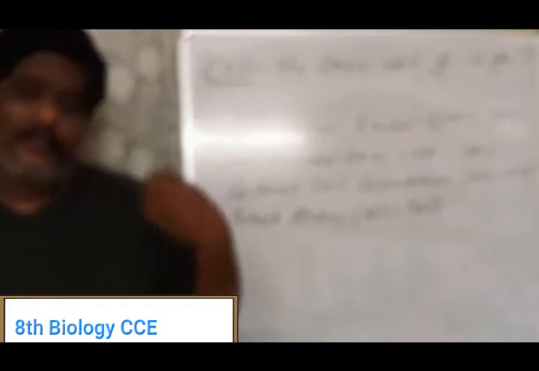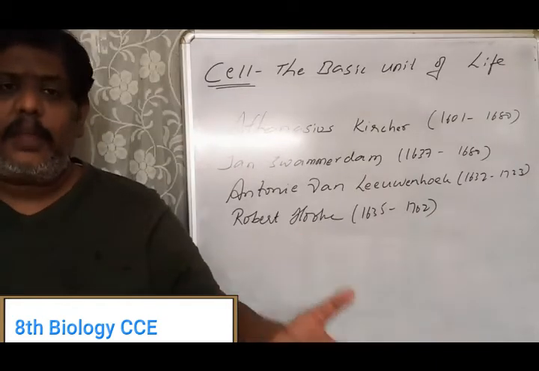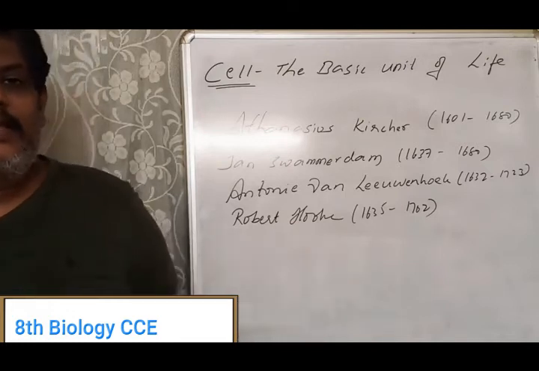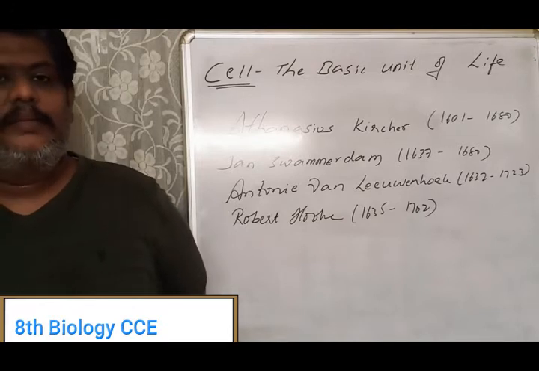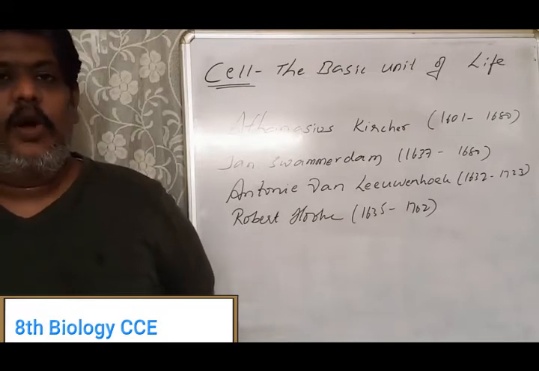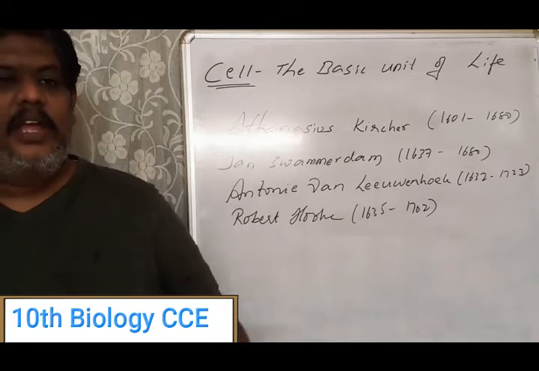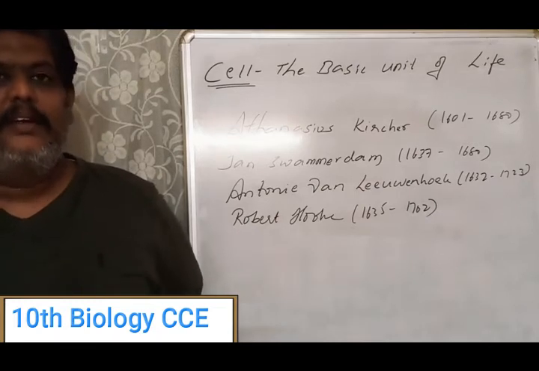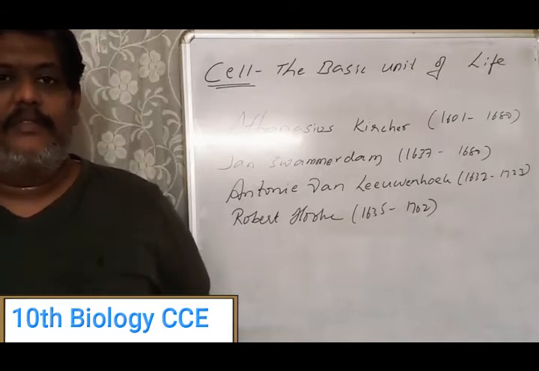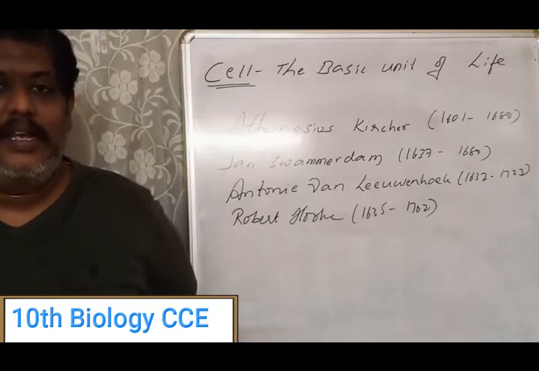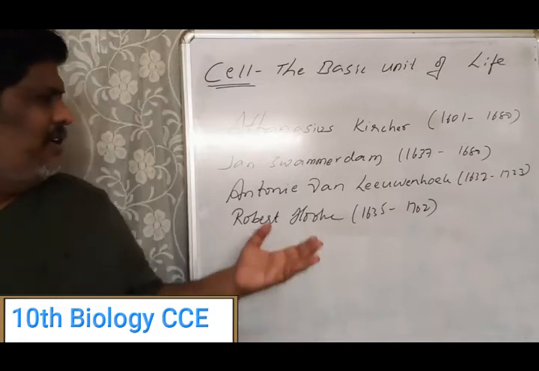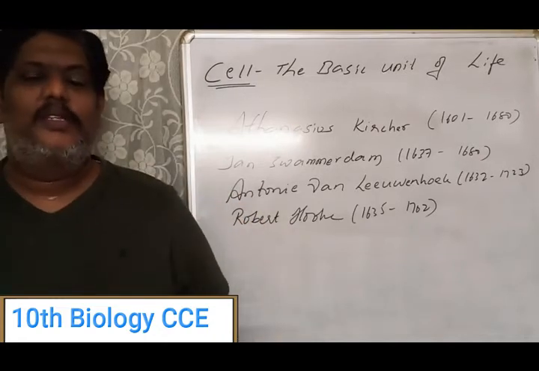He observed the leaves, the water, blood, urine, feces, and whatnot. He studied everything, and when he observed all these things, he saw some tiny organisms, not visible to our naked eye, present in them. If you look at water like this, can you see anything in it? No, we cannot see anything. But Anton van Leeuwenhoek was able to see some organisms which are very, very small, not visible to our naked eye, isn't it? That gave the base for the discovery of bacteria. So Anton van Leeuwenhoek is the first person to discover bacteria.